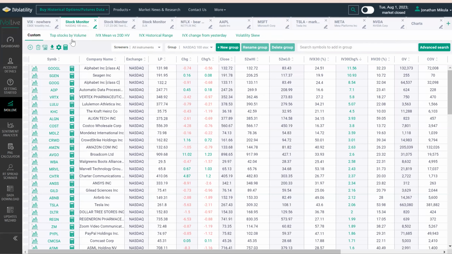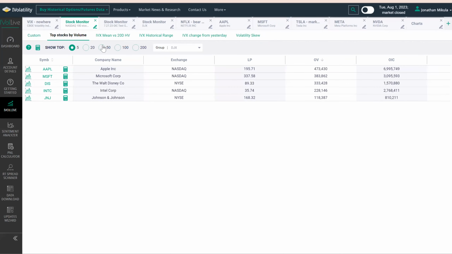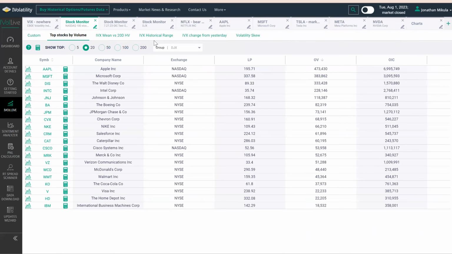The stock monitor tab is great because it allows you to look. You'll start off on this custom scan, which is a view that you can customize based on your preference. And then it has all these different shortcuts where you can run these very powerful scans with a click of a button, right? Top stocks by volume. So that's going to show you where the options volume is,